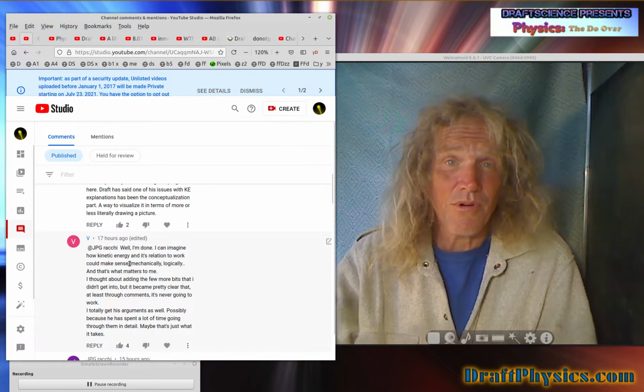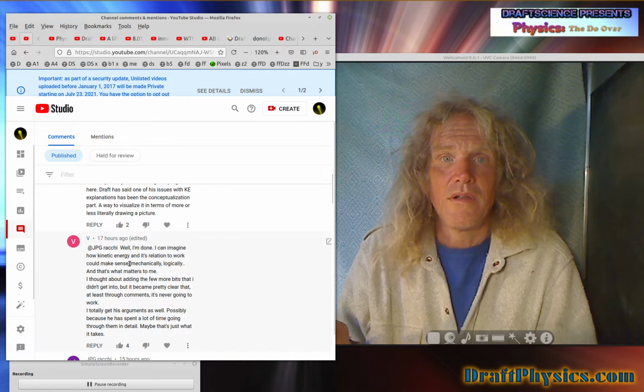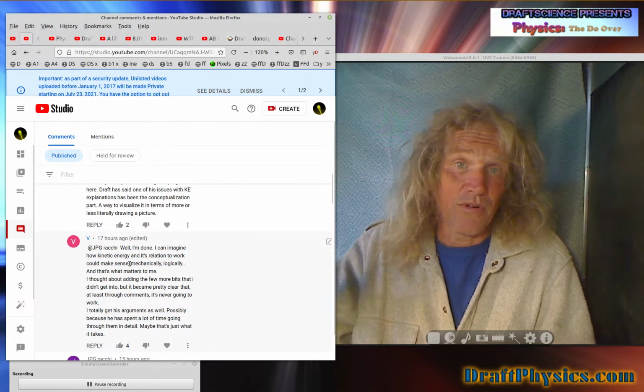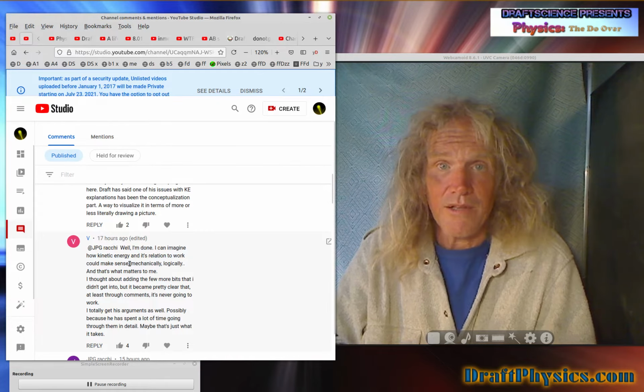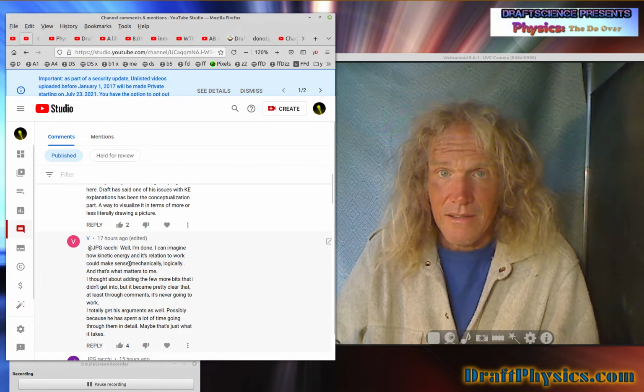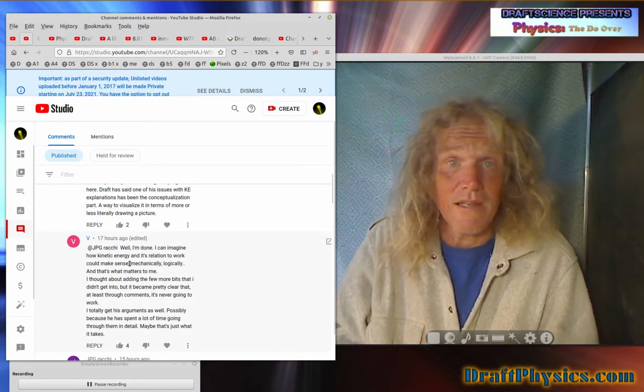I gave the hydroelectric example. What is the energy of the water? What's the component? Well, yes, of course it's gravity, but the point is it's weight. It doesn't have any weight without gravity acting on it. So clearly the only thing significant about the water is its weight. The weight is doing the work.